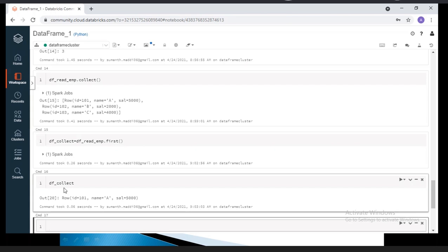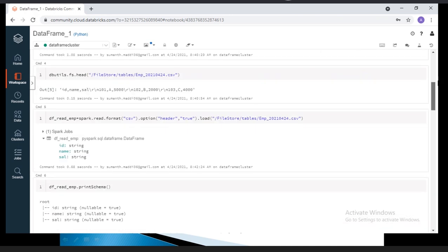First is not a data frame, because we are executing the collect function on the list. It's not possible. But the same RDD transformations we can implement here.